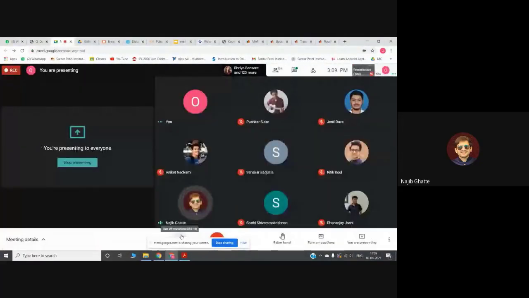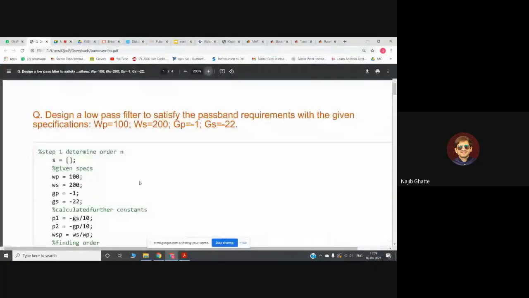Before Pushkar discharges his control, I would like to add one thing. Pushkar and his group members are actually working on a music project. They are working on music tone generation using 8051 in their SEM4 minor project.